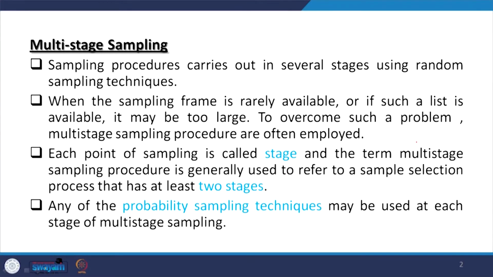Now, some little part of the probability sampling is still left, which is highly utilized in the NSS survey or even other large scale survey data. So, that is none other than multi-stage sampling. These days multi-stage sampling is very important, and let me start with the multi-stage sampling without further delay, because this is going to be very useful.